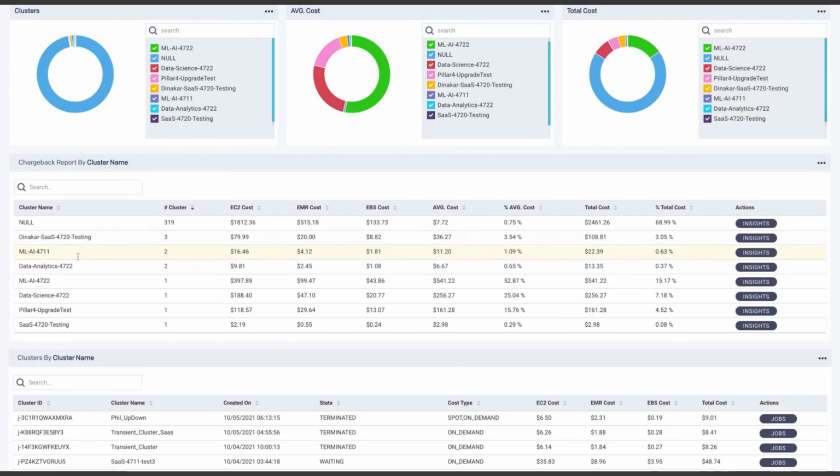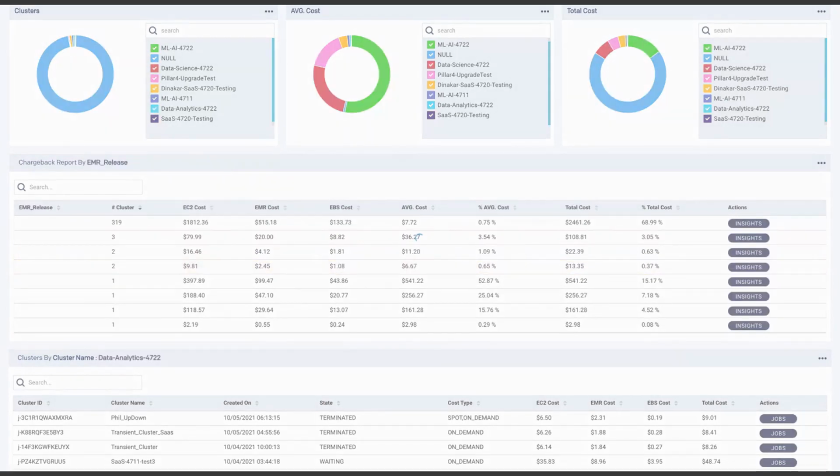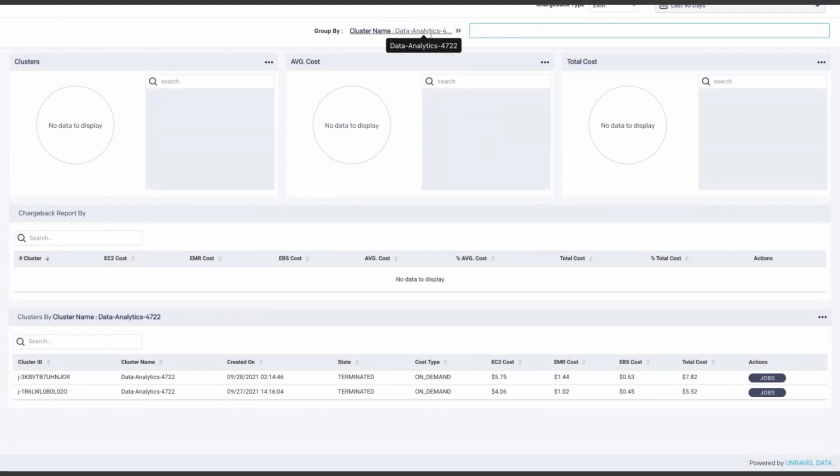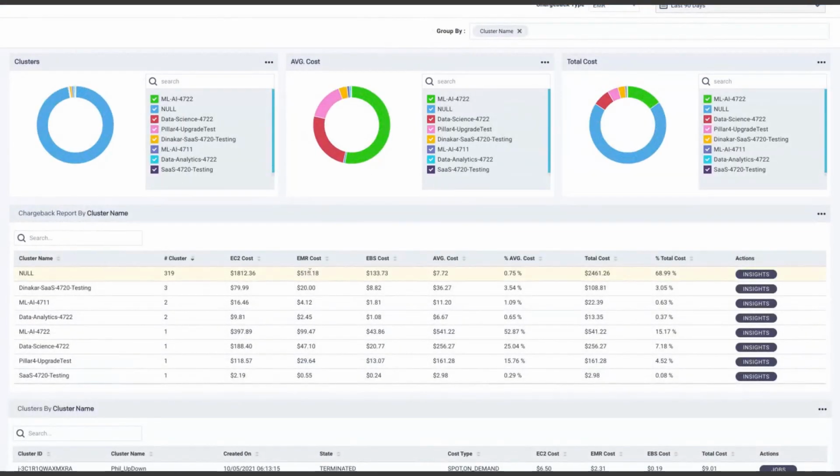So if I were to take a look at this data analytics cluster, and I want to get more information about what jobs are actually being run, I just have to click on that, and I can see the actual applications that are being run on the cluster and what they're being used for. Okay, so let's take a look at this data analytics cluster in more detail. And what I'm going to do is click on the insights. And so the insights that you see here are similar to the insights that we already saw at the job level. So information about what the challenges were with